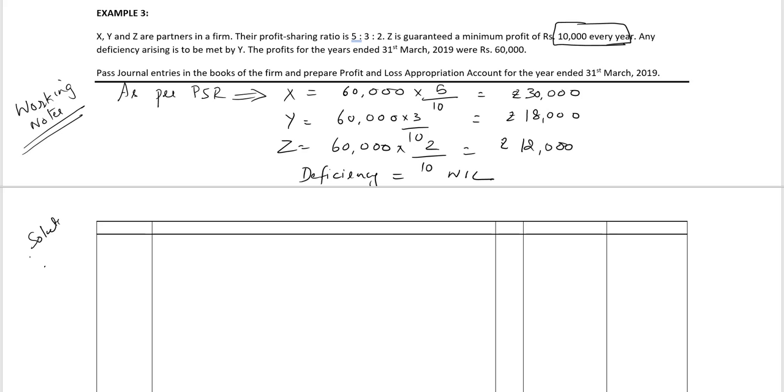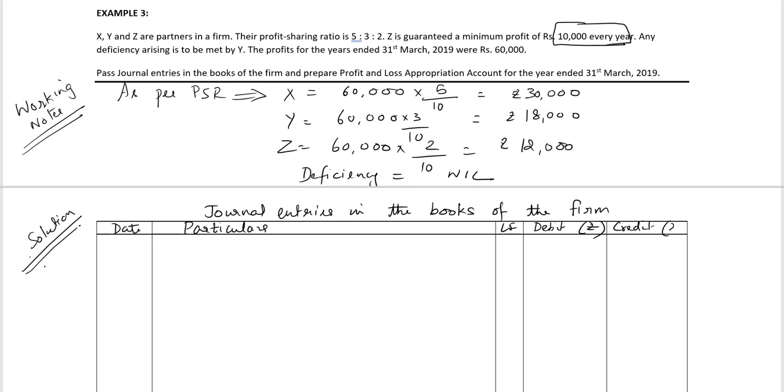Solution: journal entries in the books of the firm. Date, particulars, LF, debit rupees and credit rupees. The date is 31st March